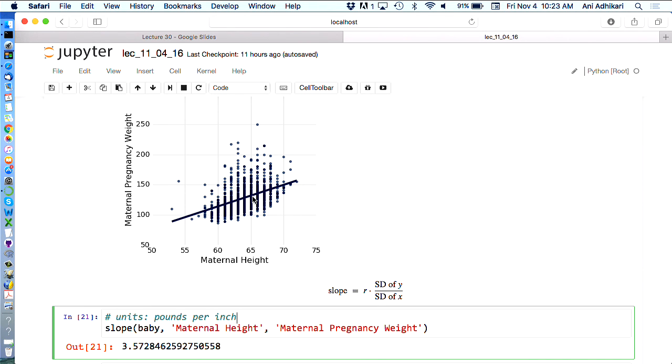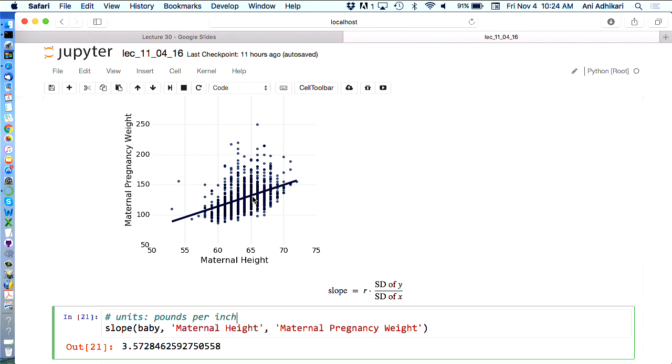Please, when you look at scatter diagrams, just keep in your mind that the scatter diagram was a snapshot taken at one moment in time. You have not watched these women since they were 14 years old growing taller. They were just captured at the moment, poor women, when they were giving birth. And their heights were measured at that time. So it's not that women are getting taller. You are comparing two groups of women.